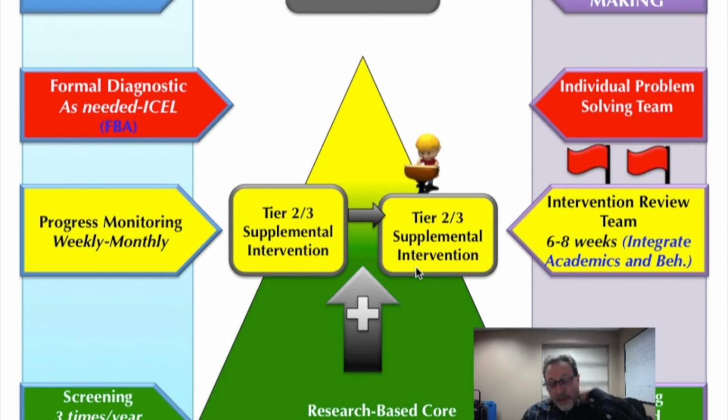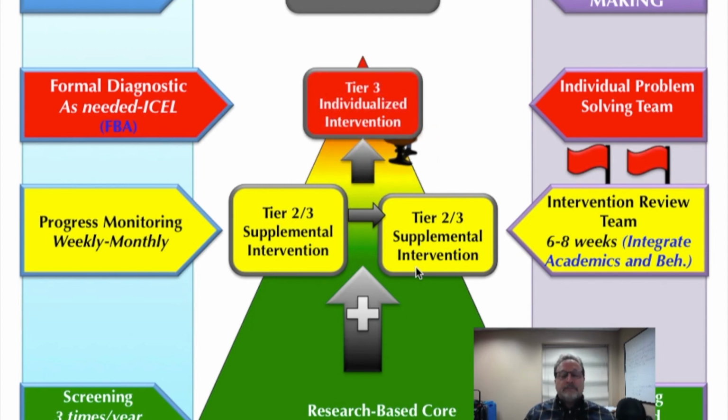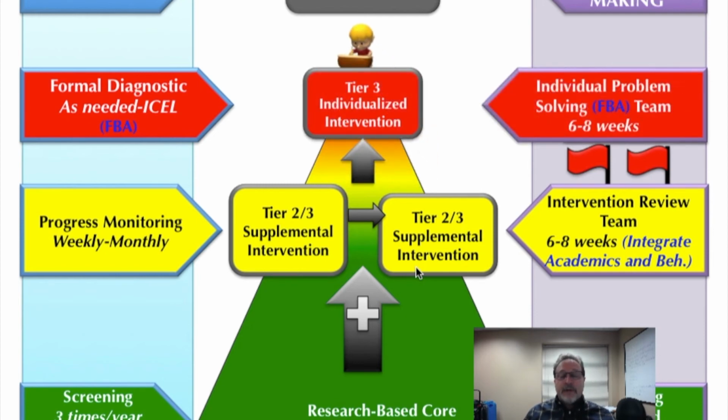In the behavioral domain, that's when you would conduct a functional behavior analysis. The student receives that intervention, the problem solving team meets, and similar to tier 2, looks at whether or not there's been progress, and whether there needs to be another intervention or another intervention phase, if we need to modify or tweak.